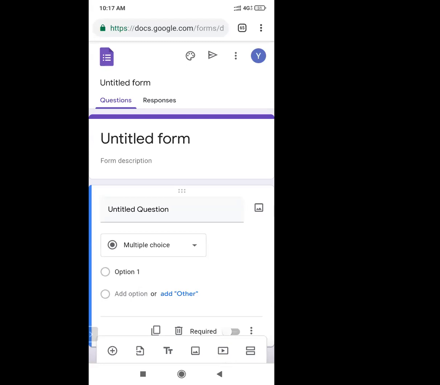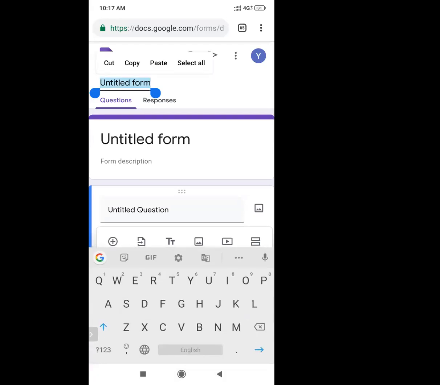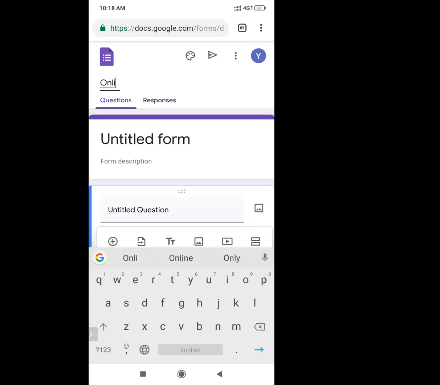Now I am going to tell you how to create a Google Form. First you need to give a name to your Google Form. You can see the untitled form name is there. Just give a name to it. Suppose I am conducting a test on computer, then I will write it as Online Test.